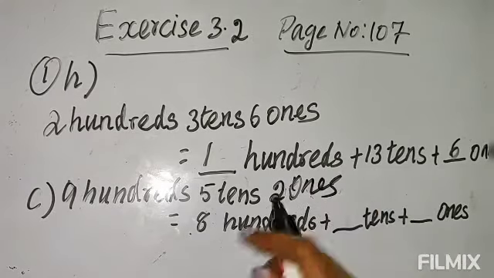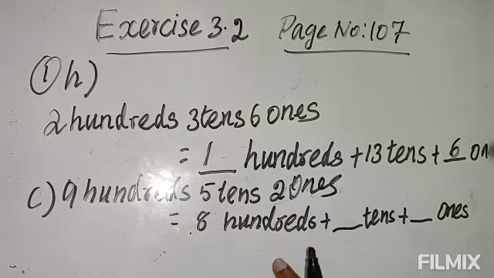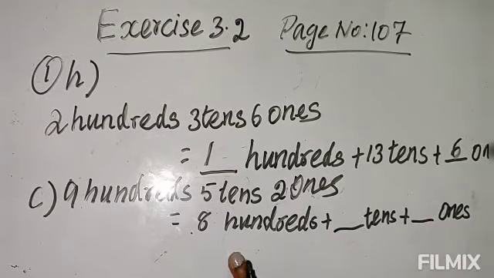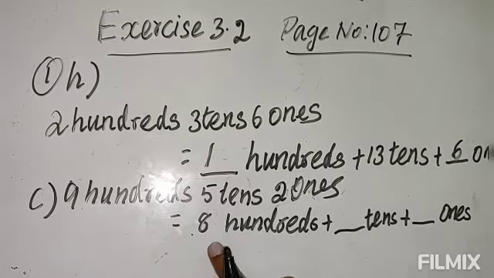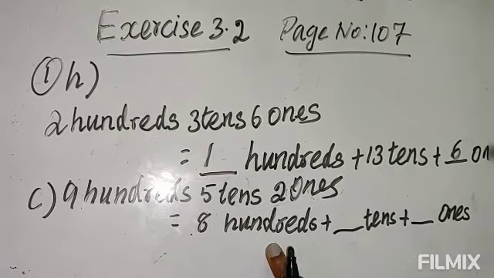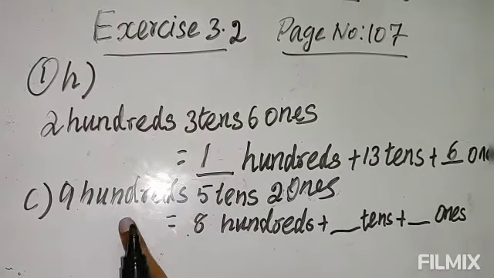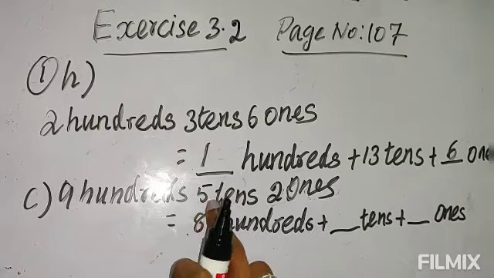So this one has now changed into 8 hundreds plus dash tens and dash ones. I told what is given, first to observe. Here you see, on the left side first you will observe 8 hundreds is given, but on the right side is 9 hundreds. That means from here 100 is borrowed, given to the tens.